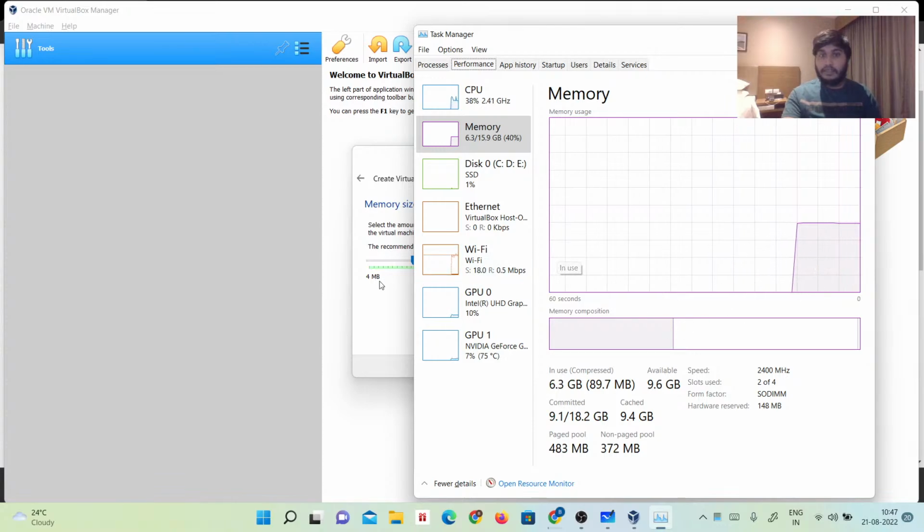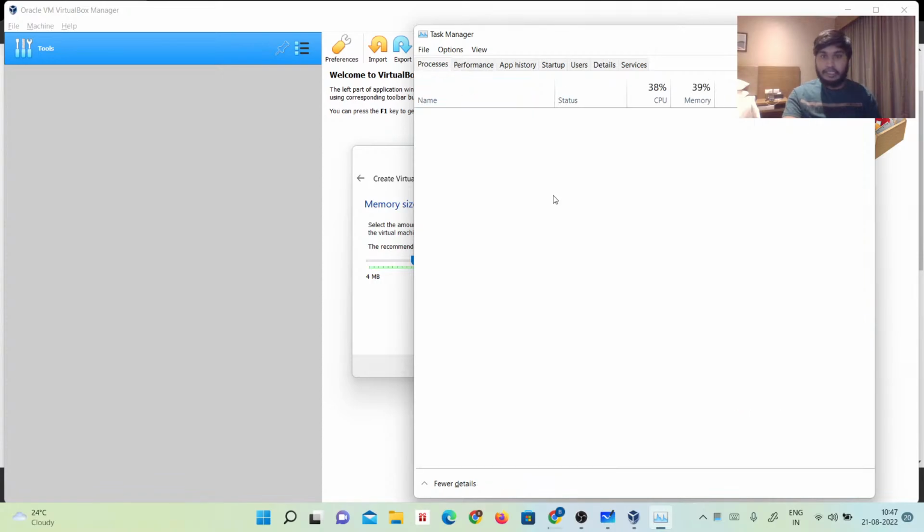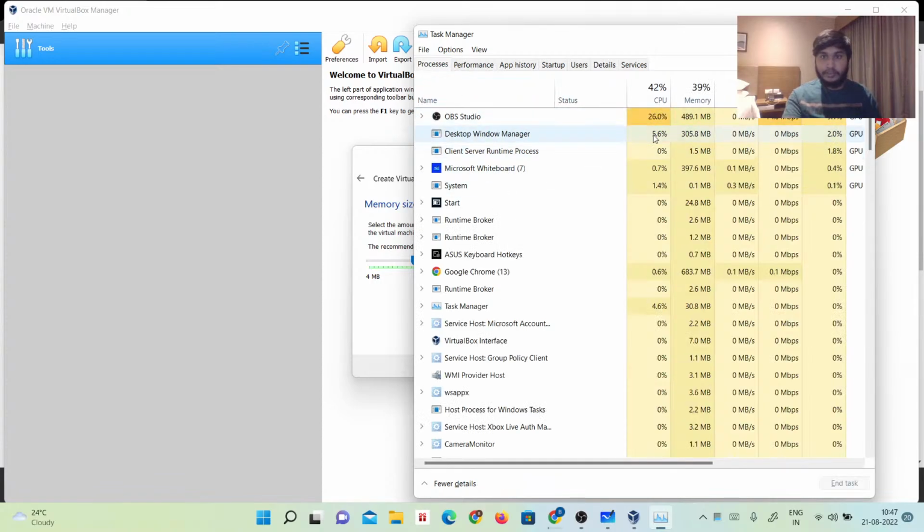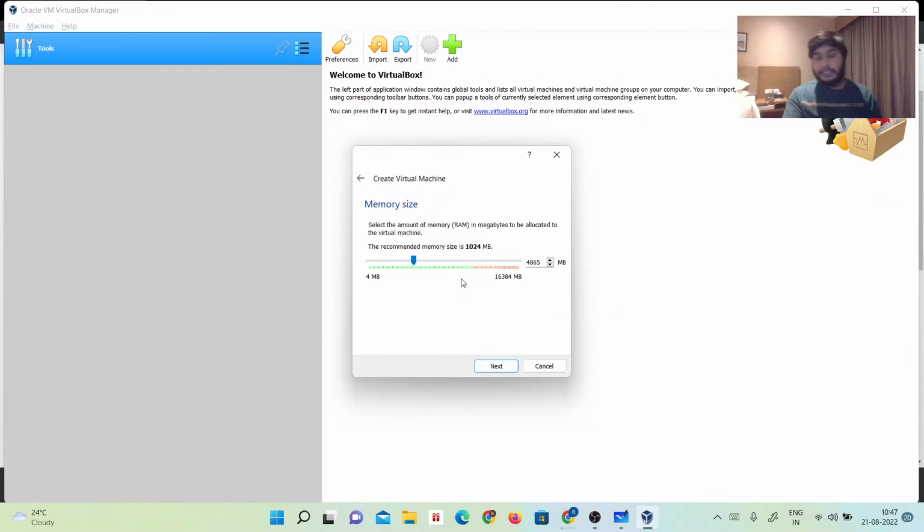Once you start that, it will use it like a process only. Here, if you see OBS Studio, it is using this much RAM, and they will show it here, and you are using this much. So you can give anything here,